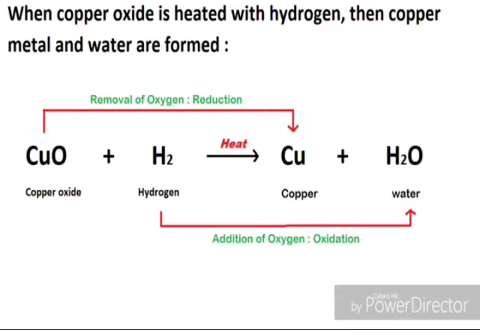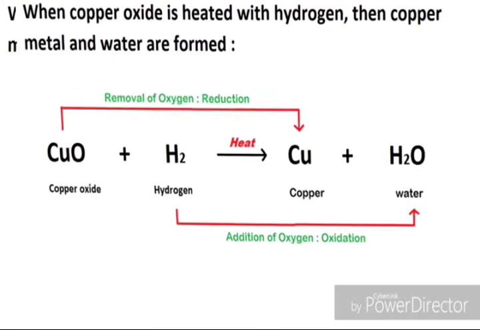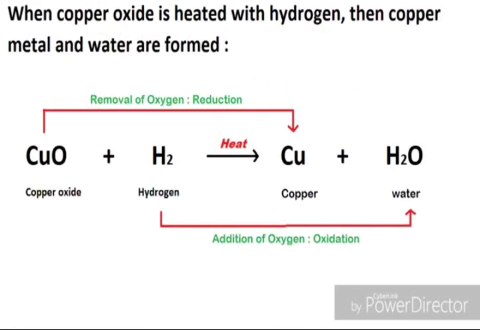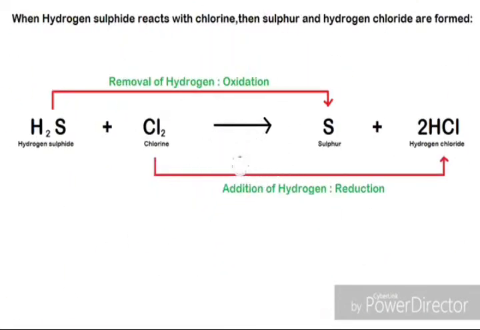Okay, so when the hydrogen turns to water, what happens? One oxygen is taken. Addition of oxygen is taken by hydrogen. So at that time hydrogen undergoes oxidation. So who undergoes reduction? Copper oxide undergoes reduction. Okay, and who undergoes oxidation? Hydrogen undergoes oxidation because hydrogen has taken one oxygen from copper oxide. Okay, look at this reaction. In this reaction you can see that both oxidation and reduction have taken place in a single reaction, right?